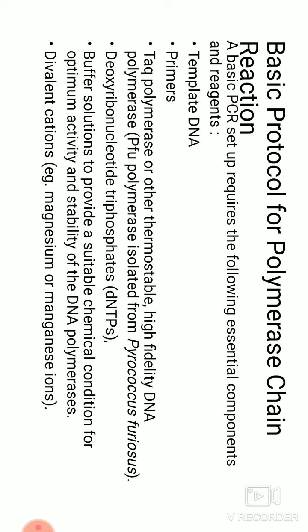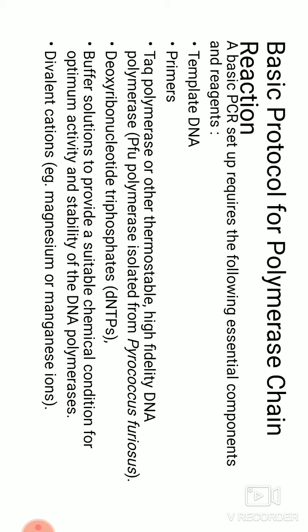The buffer solution should contain a divalent cation because it is very important. It acts as a cofactor for Taq polymerase, which increases its polymerase activity. If you use magnesium, it's very good. Manganese is also used by people, but manganese is not generally used because a higher concentration may lead to an error rate during DNA synthesis. So magnesium is the preferred divalent cation.